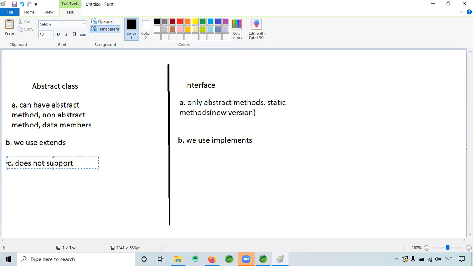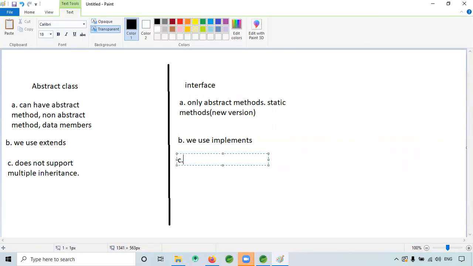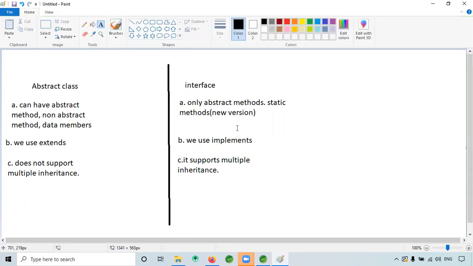Here it supports multiple inheritance in the case of interface. So this is about interface and the differences.